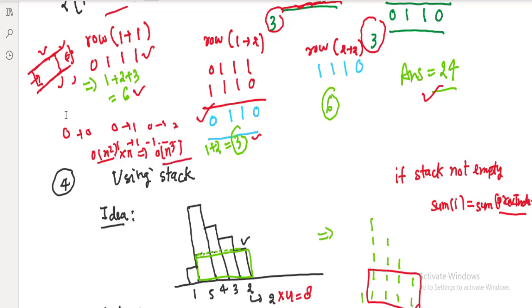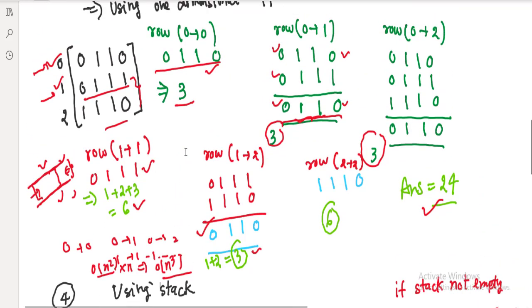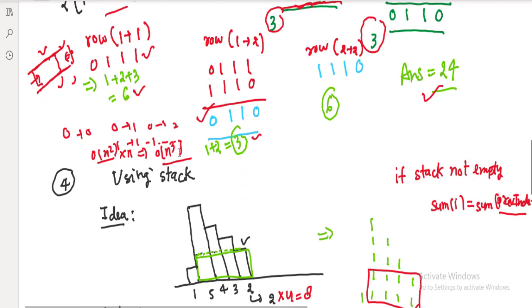Here also we have order of n squared, n cube time complexity, but we didn't have to take any extra space, apart from this particular extra array, which will be order of n. So time complexity will be order of n cube, and space complexity would be order of n in this approach. Now let's see whether we can reduce this or not.